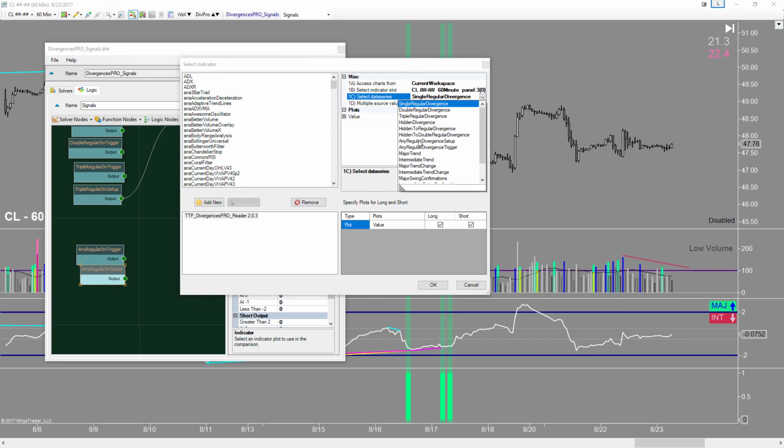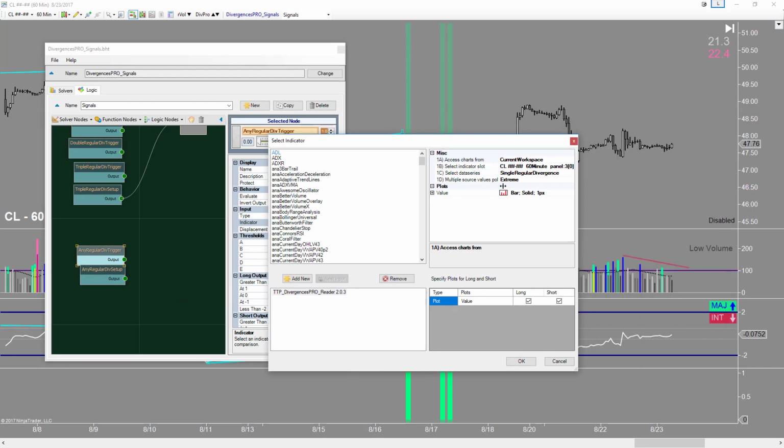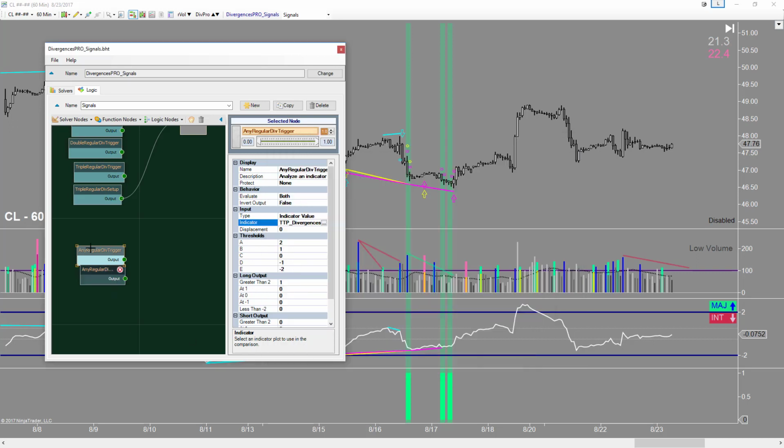Any regular divergence setup, and then any regular divergence trigger. Now, since there's three, single, double, and triple, these will go out to -3 and +3 for the triple, -2, +2 for the double, and then -1, +1